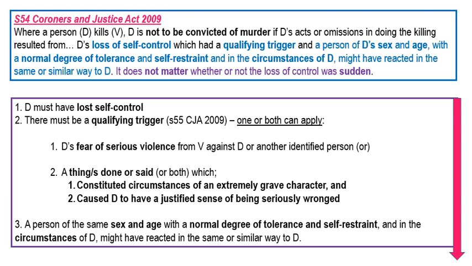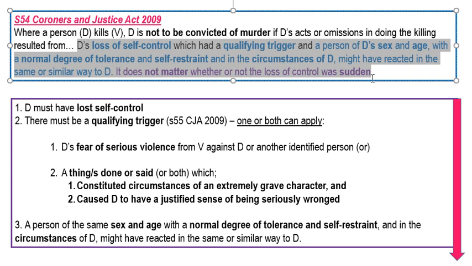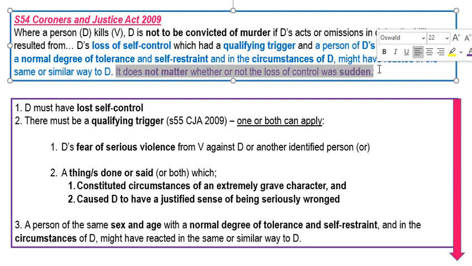And it tells us that this is a defence, okay, if these acts or omissions in doing the killing resulted from. So this first line here is just telling us that there is a defence available if all of these elements are satisfied. So that first line, you don't need to write that in the exam. Your AO1 starts here. Okay, it's everything in blue, and then this purple line is an extra part to consider.